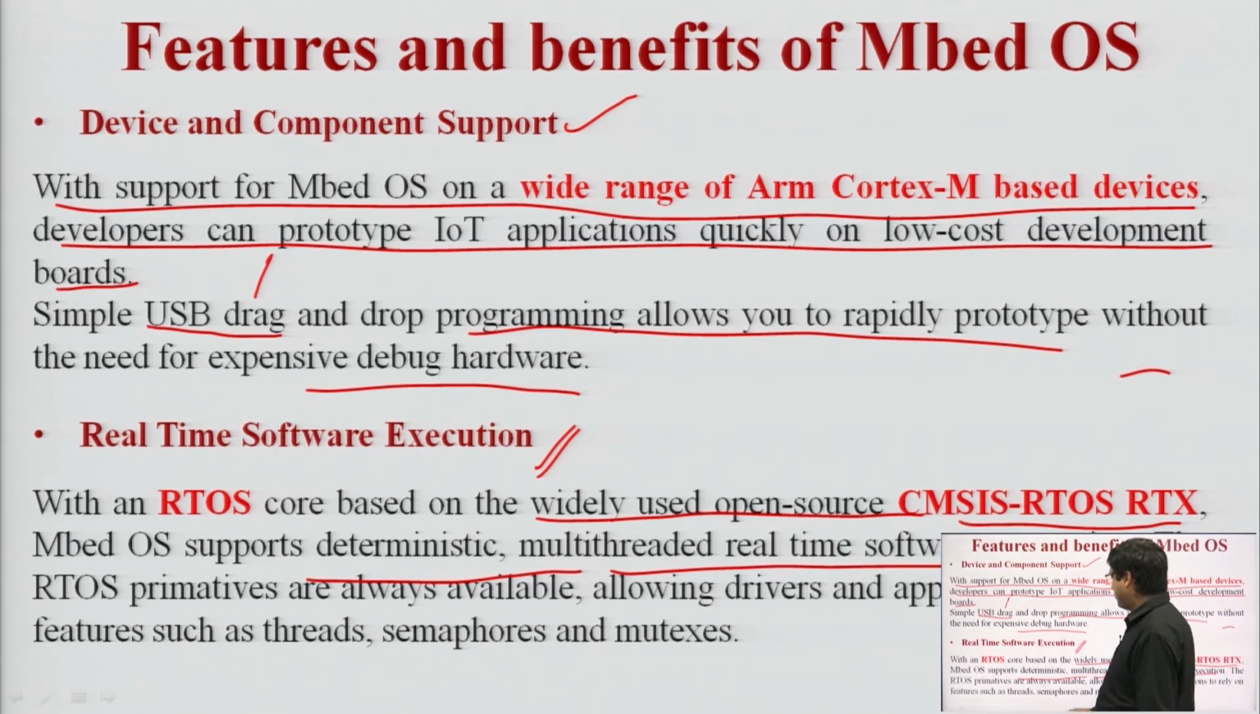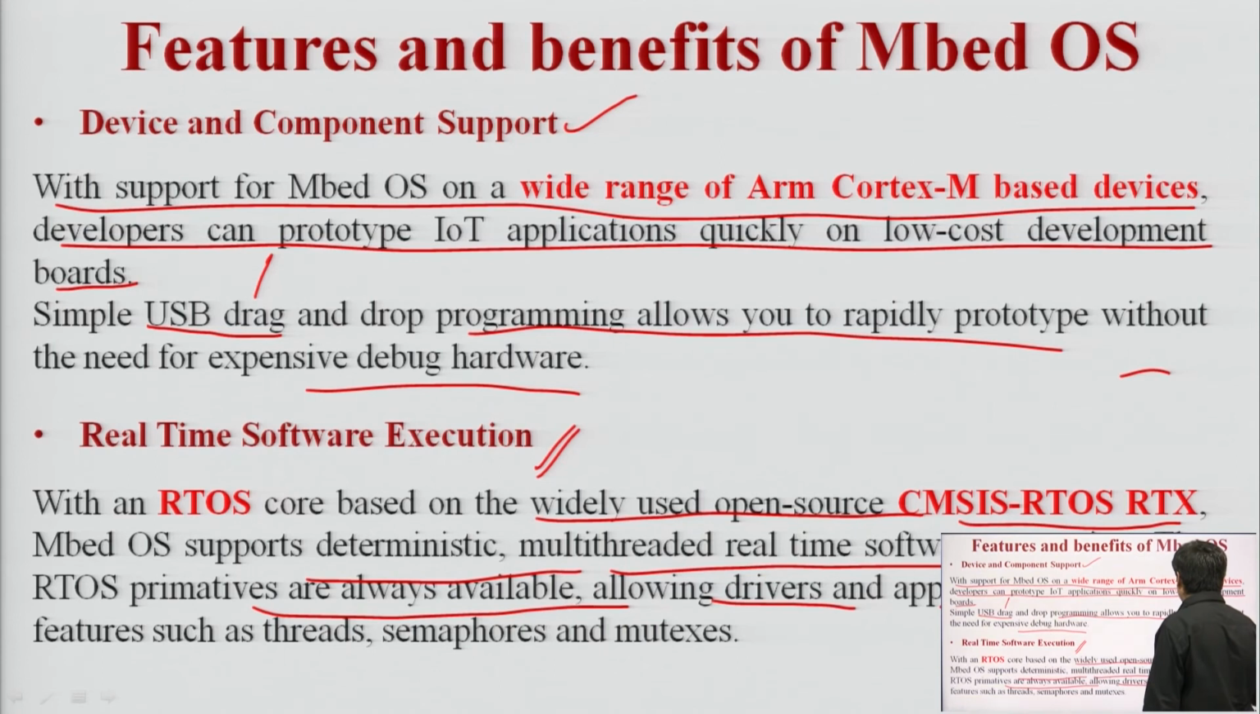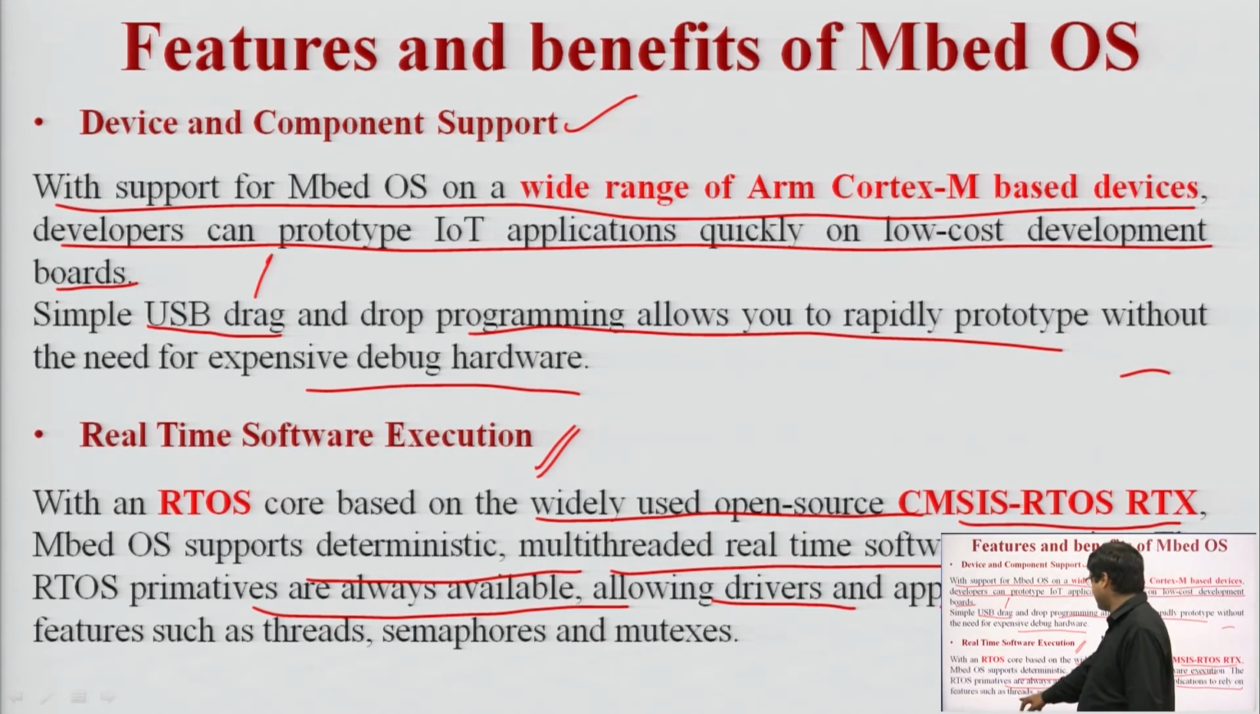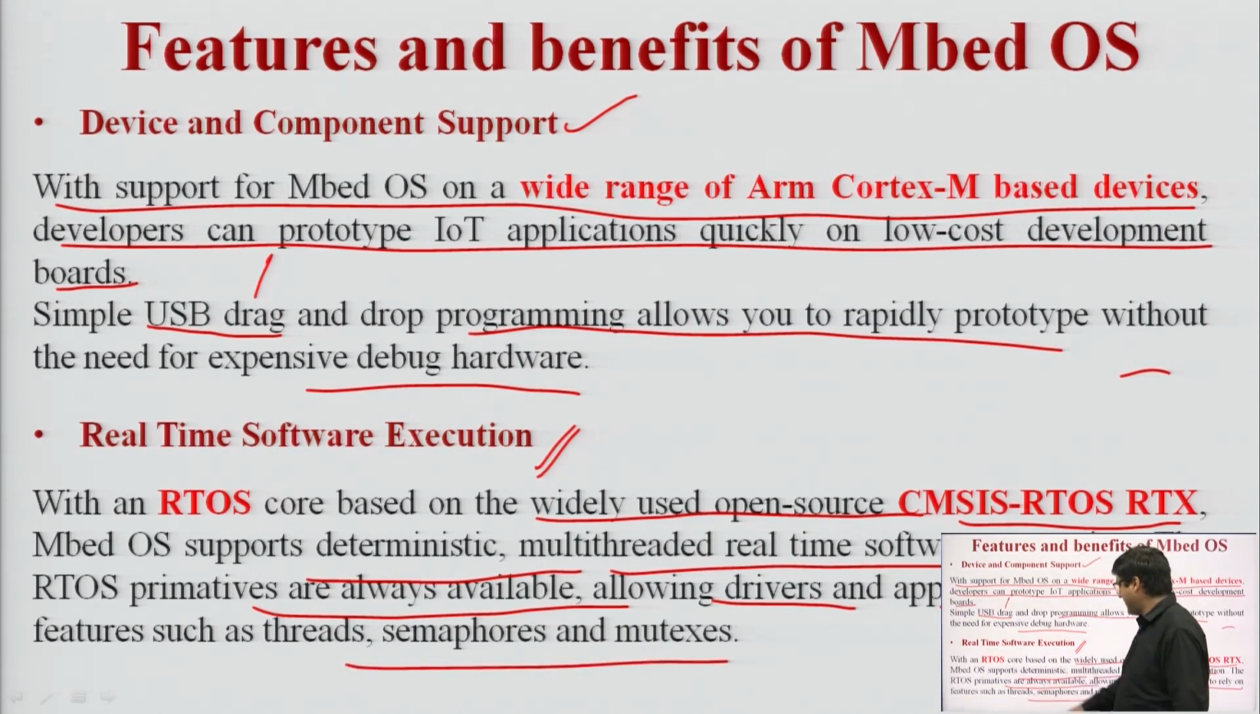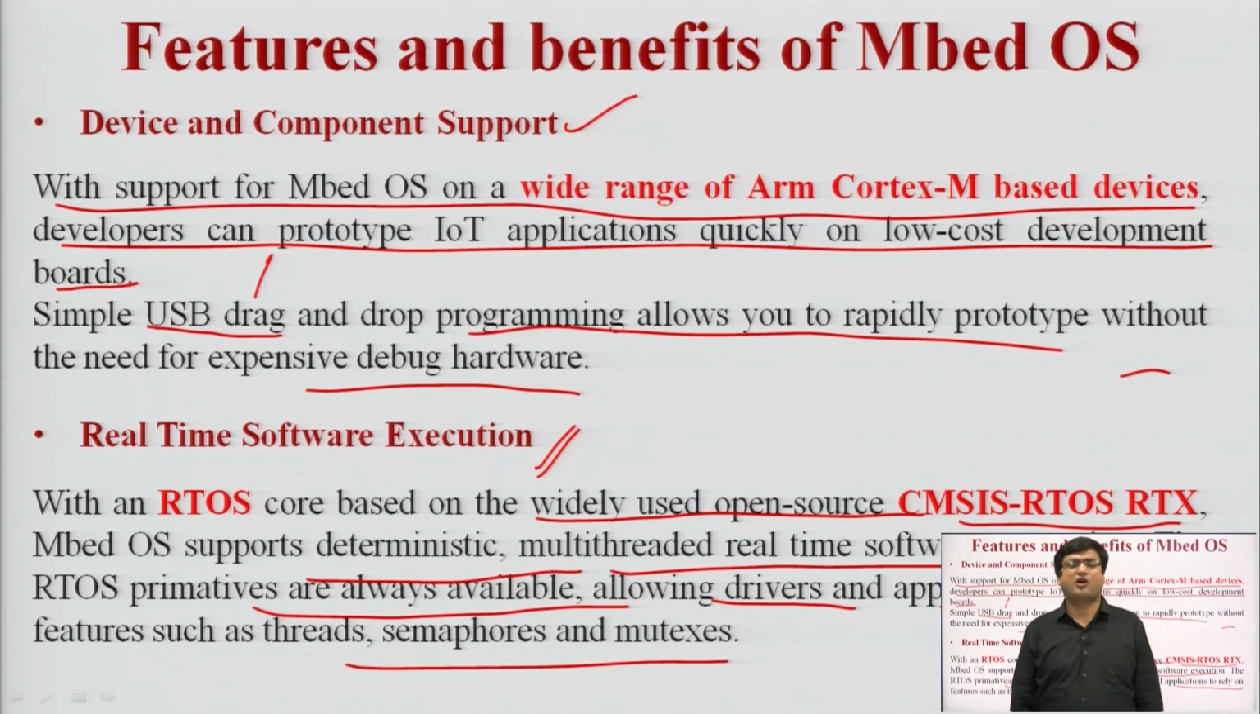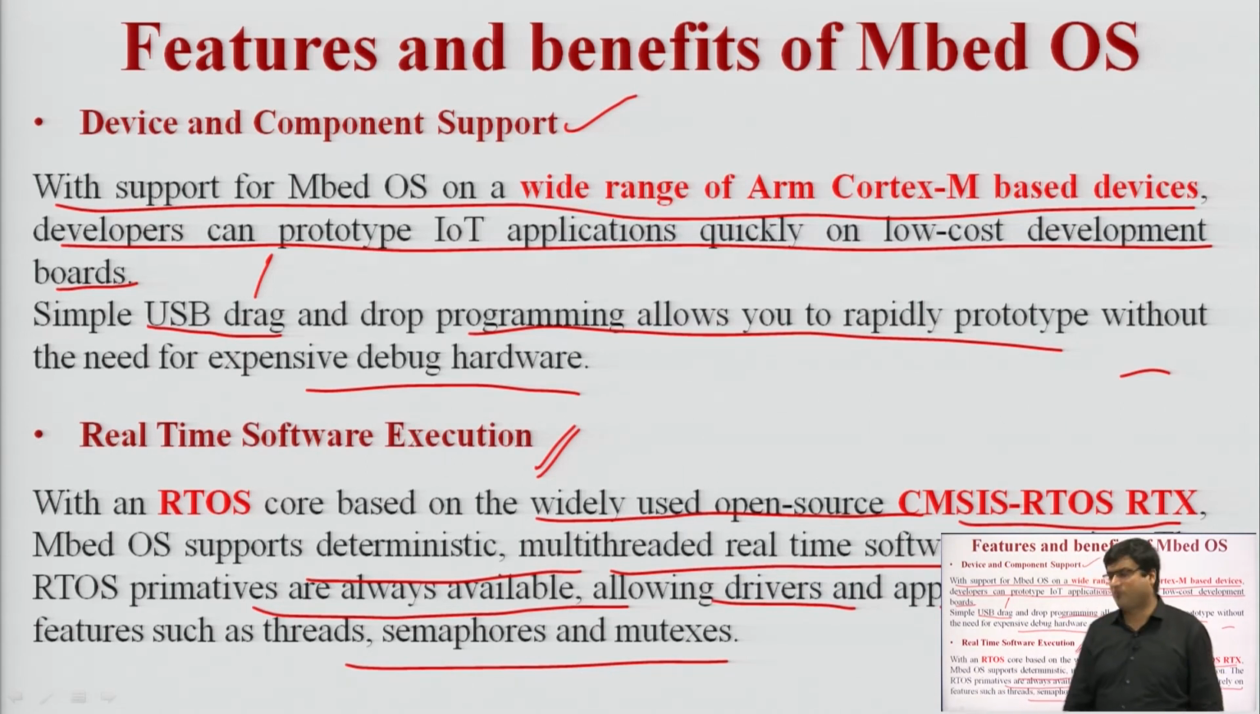So the RTOS primitives are always available, allowing drivers and applications to rely on features such as threads, semaphores and mutexes. Threads, semaphores, mutexes we have seen in the previous lectures, all are used to carry out the operating system operations. How the memory can be effectively utilized, how the shared resources are shared among threads, all are possible through the threads,